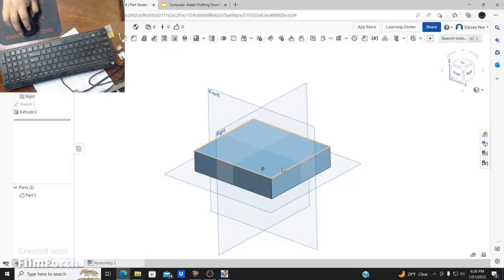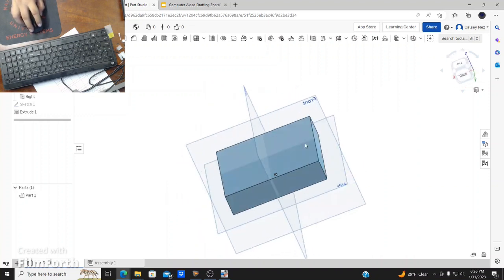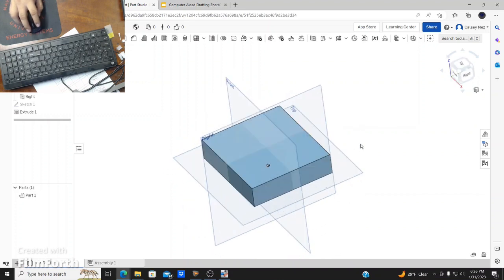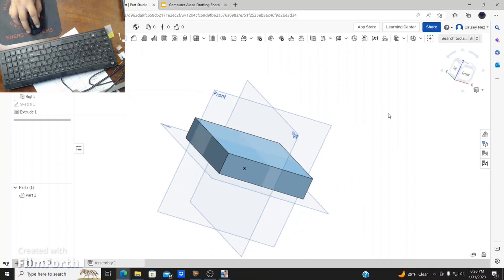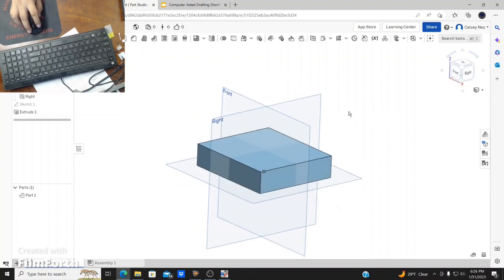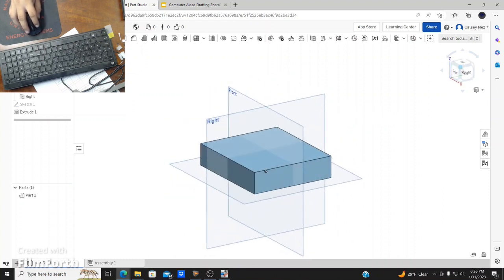So on our mouse right here, as you can see, you have the right click. We're gonna hold it down and we're just gonna move it around. That's it. So you're just holding it down and we're just gonna orbit everywhere else. So this is how you use it to actually look for your specific spot. You could use the same thing as the cube right here. You can actually click this corner,